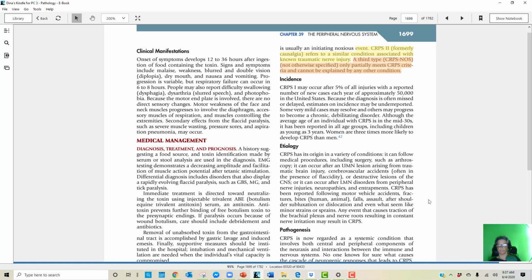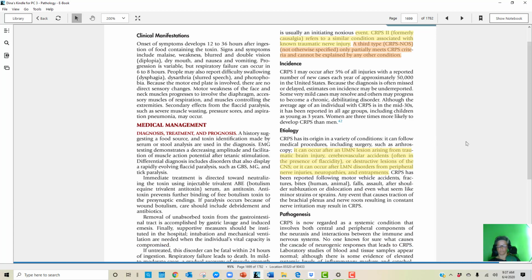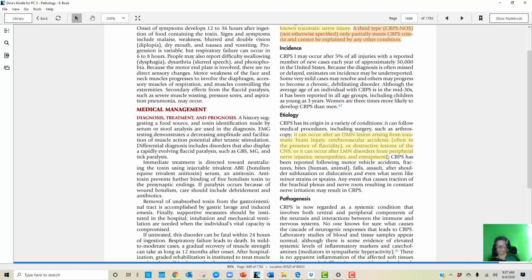CRPS has been reported following motor vehicle accidents, fractures, bites, human, animal, falls, assault, after a shoulder subluxation or dislocation, and even what seem like minor strains or sprains. Any event that causes traction of the brachial plexus and nerve roots resulting in constant nerve irritation may result in CRPS. Pathogenesis. CRPS is now regarded as a systemic condition that involves both central and peripheral components of the neuraxis